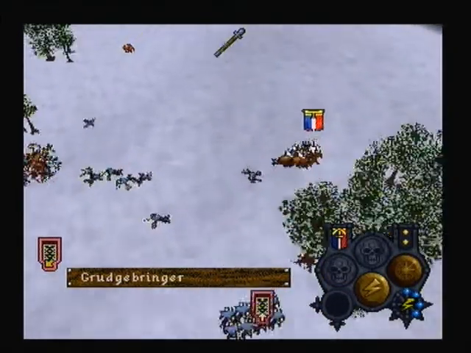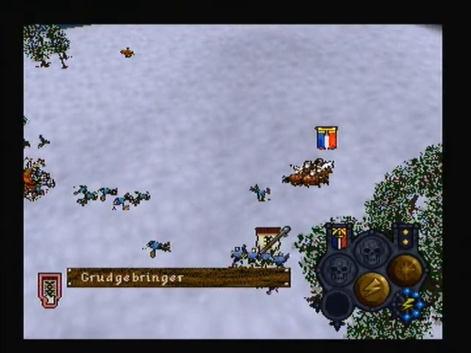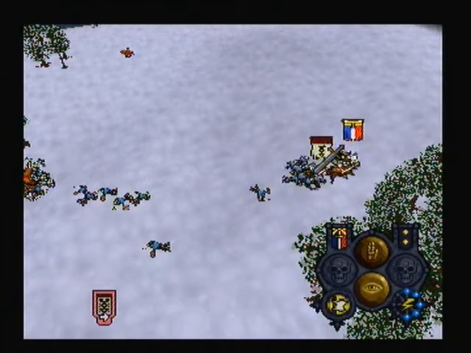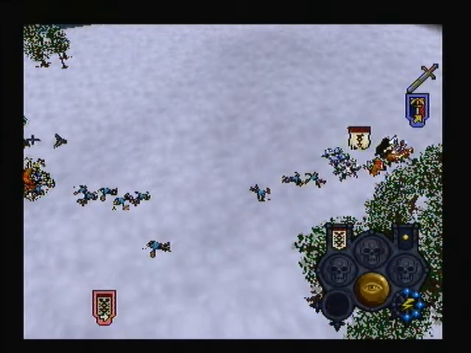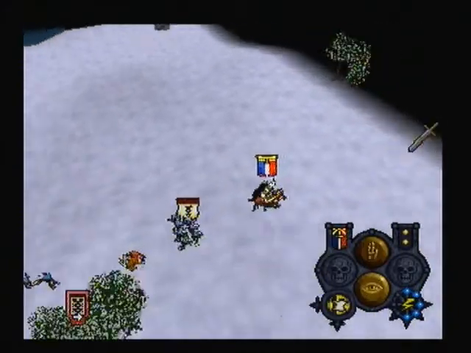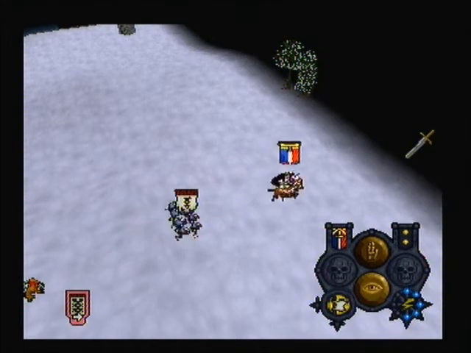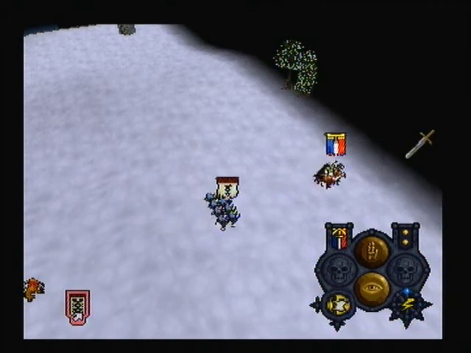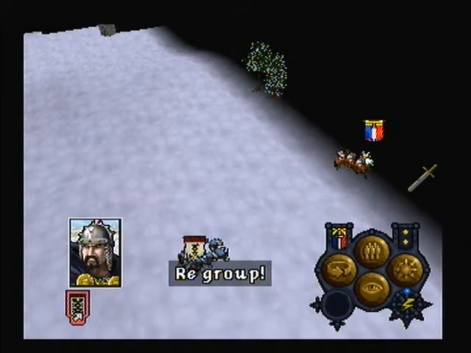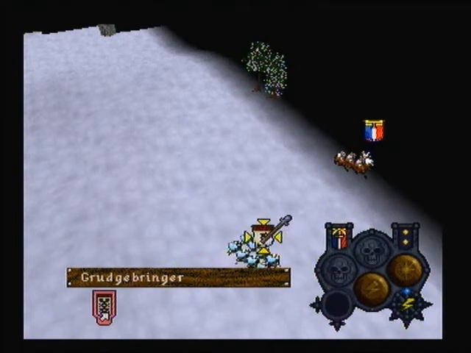I will use Grudgebringer when they come within our range. You will bloody use it, you retard. He wouldn't use Grudgebringer. Now he's been feared again. Oh. That's it. Stop running away, you cowards. You lily-livered elf. Oh! Managed to regroup. Just... why can you not? Fire the sword, you...